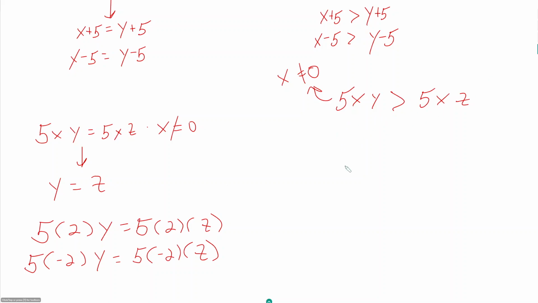Just choose any two numbers. So I'm going to say 8 and 4 and make an inequality out of it. So in this case, 8 is greater than 4. So the thing that you need to worry about with inequalities that you don't have to